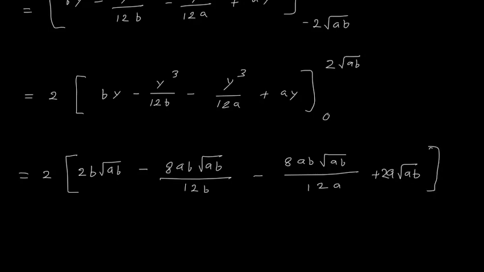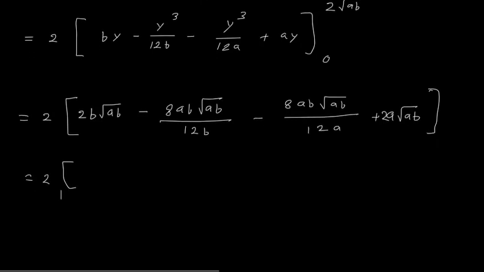Okay, and when I put 0, everything will be 0. So this is equal to 2 into, now here I will cancel this b part, and this 8 also we can cancel. So it is 4 2 is 8 and 4 3 is 12. Then I can cancel this a part. Here it is 4 2 is 8, 4 3 is 12. So it is